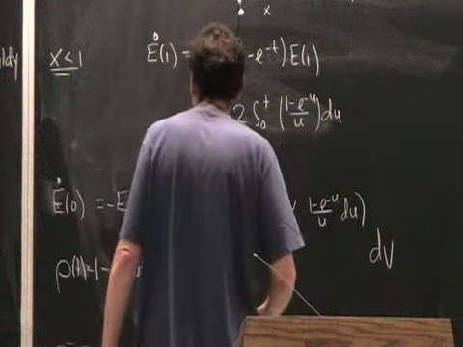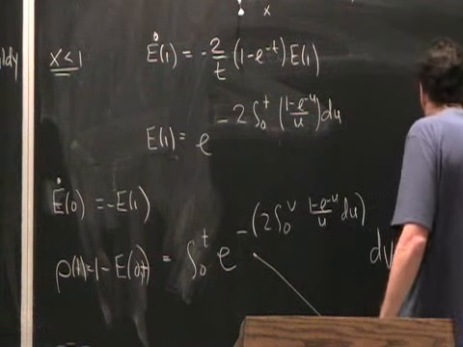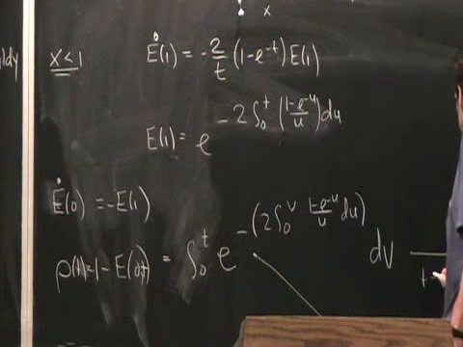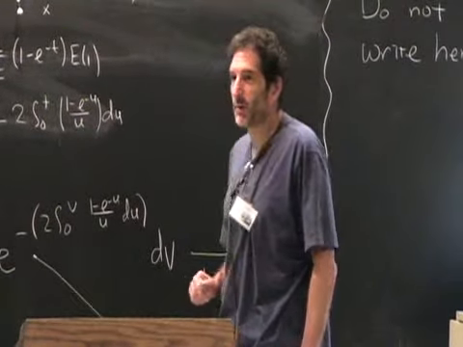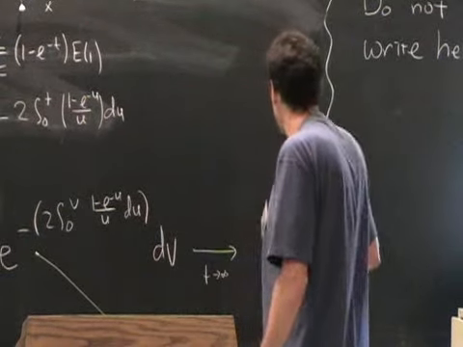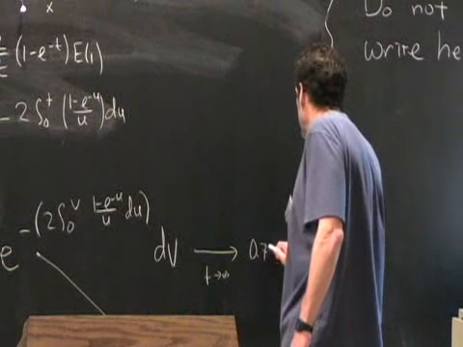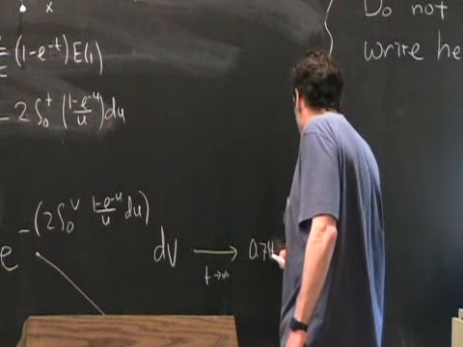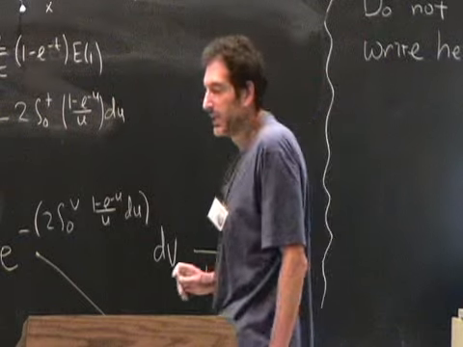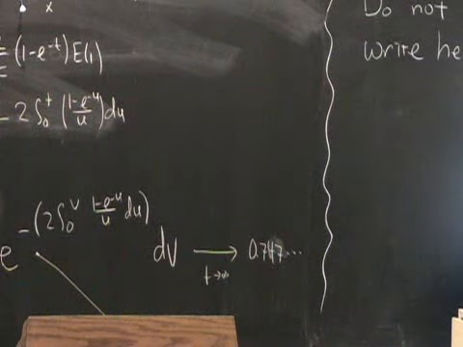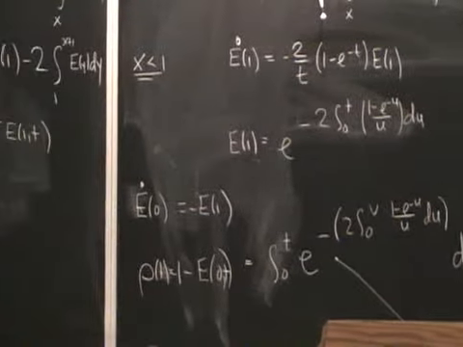And the thing about this is that in the limit as t goes to infinity, this converges to a finite number which is less than 1. And that finite number is something like 0.74747... It was first computed by Renyi, I guess, in 1950, so you can call it the Renyi constant.